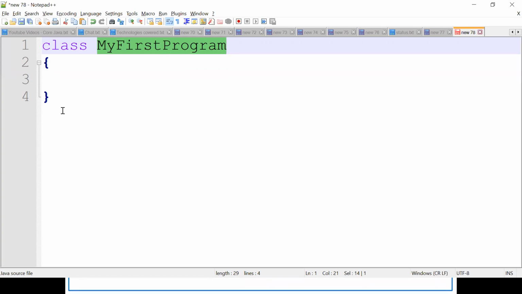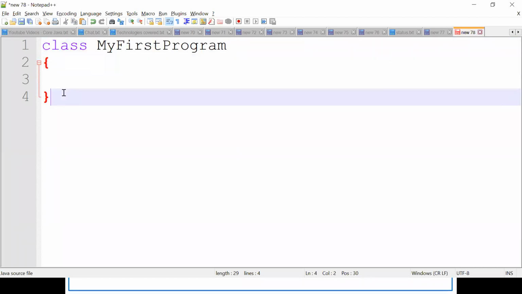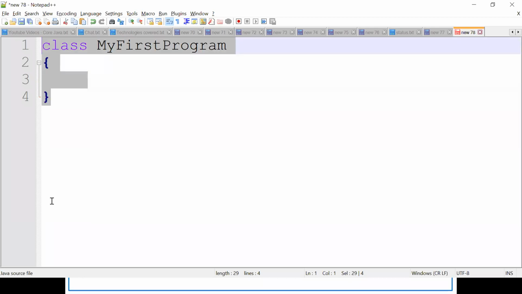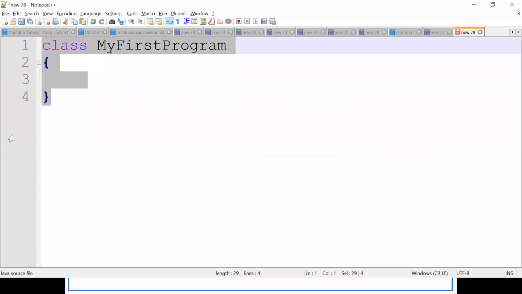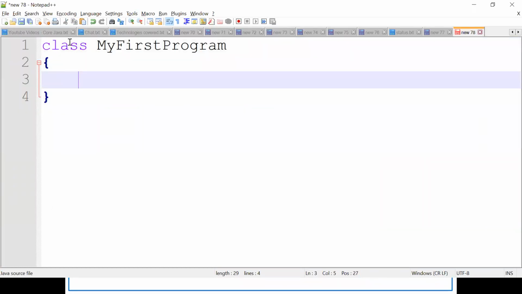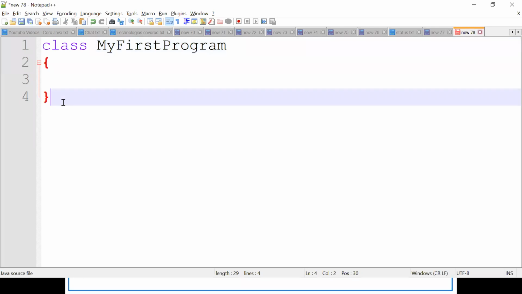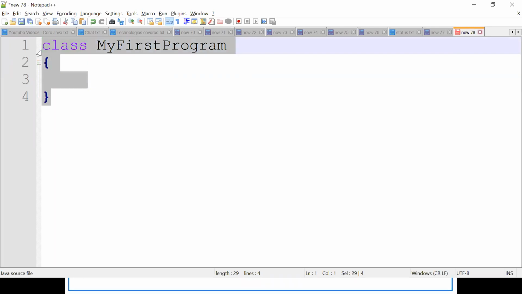Okay, and everything should go in the class, right? Everything should go inside the class. Class is a keyword followed by the class name, open brace and close brace. So that's why we say Java is object oriented, because class is one of the concepts in Java that we will see at a later point of time. But this is higher level. Everything should go inside the class.